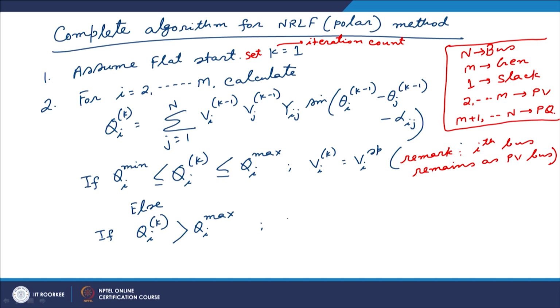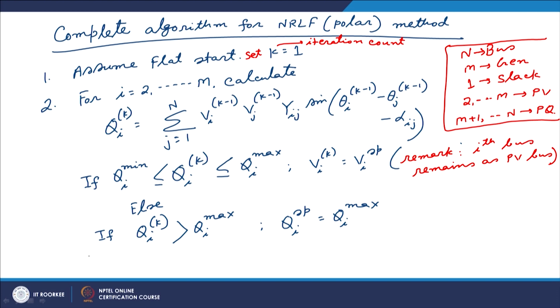So, in this case this particular generator will act as a PQ bus, where the specified value of Q injected by this generator would be equal to Q i max. So, if Q i k is greater than Q i max, Q i specified would be equal to Q i max,